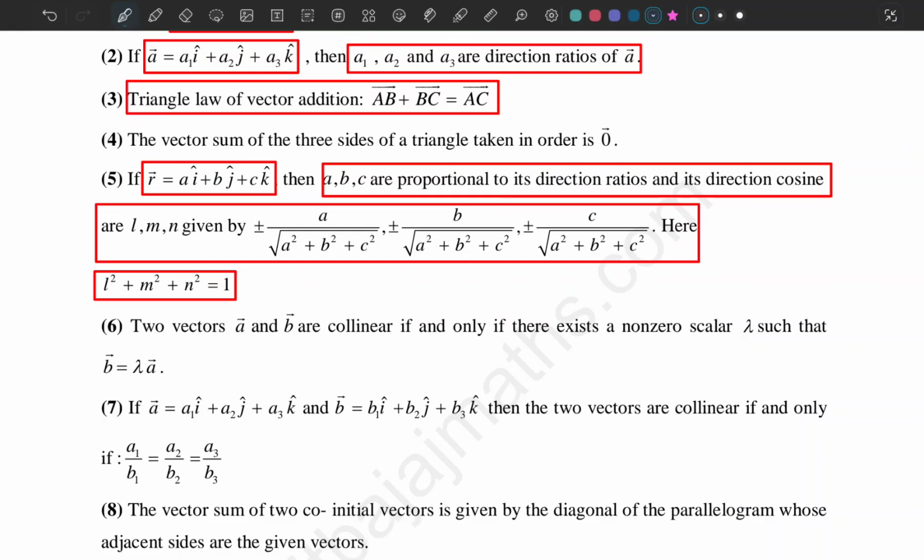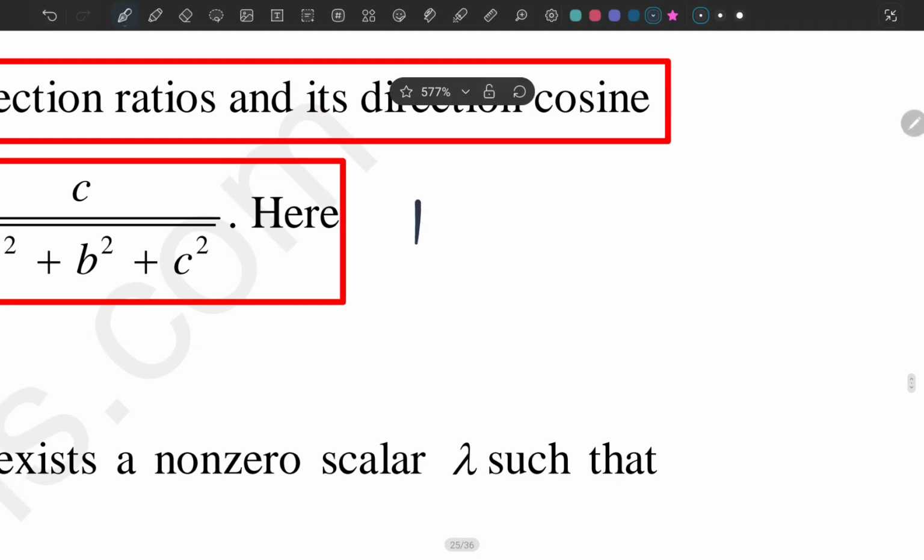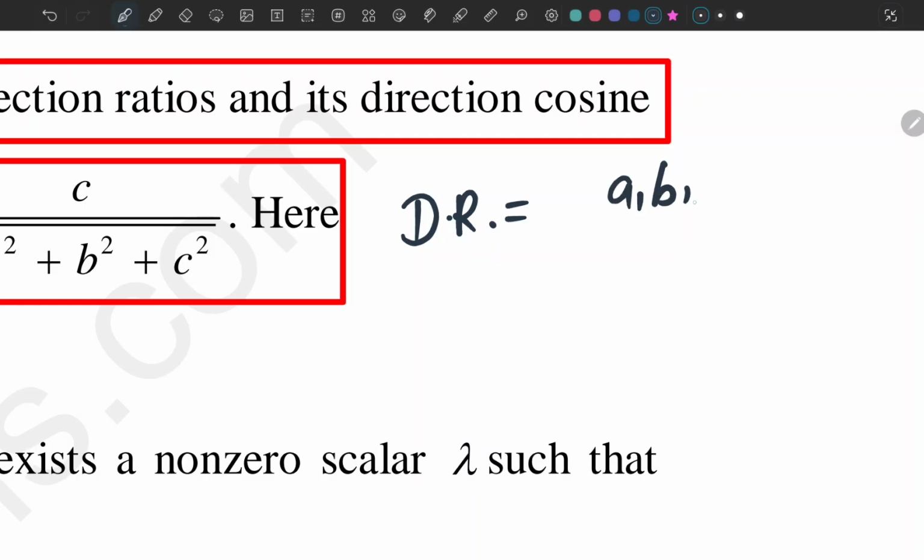And it is directly proportional to the direction cosines. And the direction cosines, let's denote the direction ratios as a comma b comma c, over